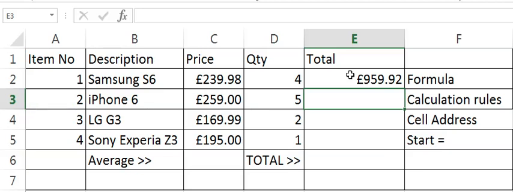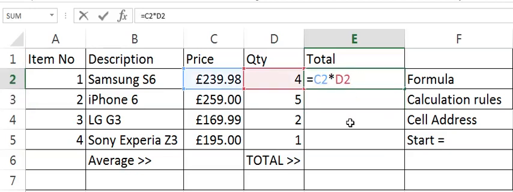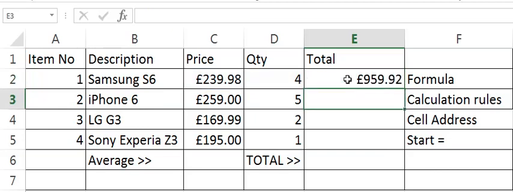And there we have it. Now, you may ask, why did I not go to 9.98 star 4? Well, the answer to that question is that I can now, because I now have a formula or calculation, I can go back and change these values and my spreadsheet will continue to work without me having